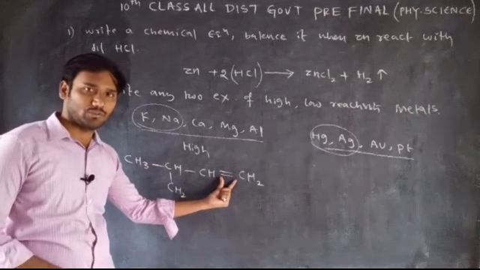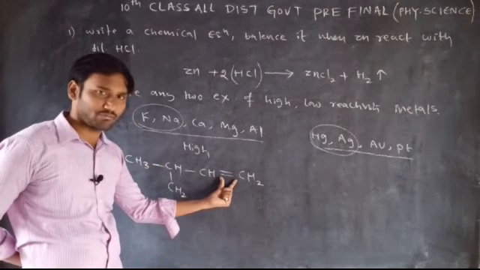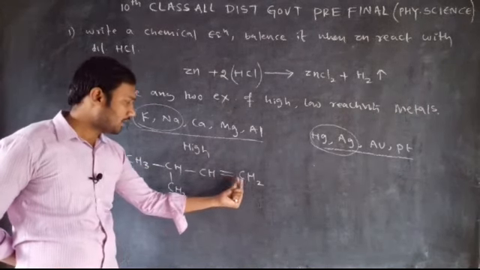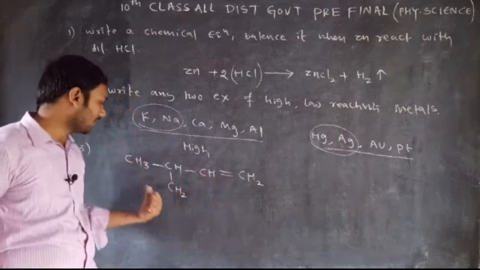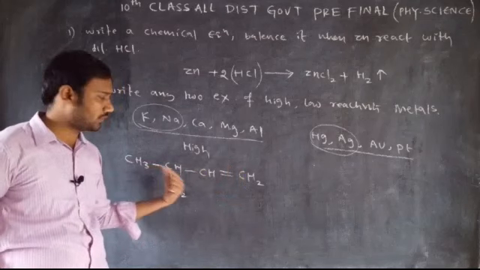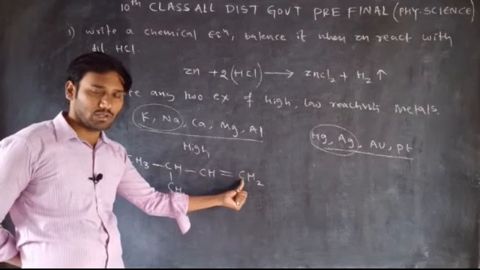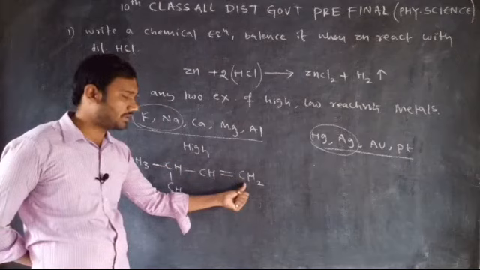Here there is a double bond, and you consider the double bond as the suffix. We have to start the numbering from the double bond containing carbon, because other than the double bond there is no other substituent and no other functional group. So that is why the double bond containing carbon should get the least number. You have to start the numbering from this carbon.